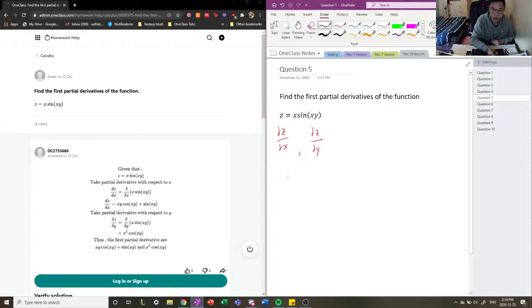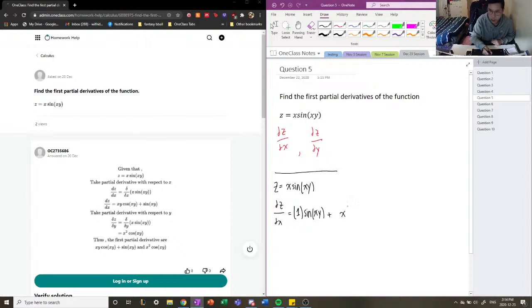Okay, so if our function is z equals x sine of xy, then partial z, partial x is going to be a product rule, right? So we have to consider that this is a product of two different functions, the first function being x and the second function being sine of xy, right? So we have to do the derivative of the first function. So the derivative of the first function is 1 times sine of xy plus